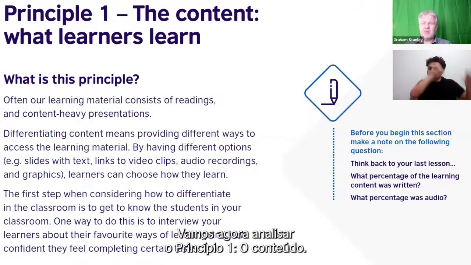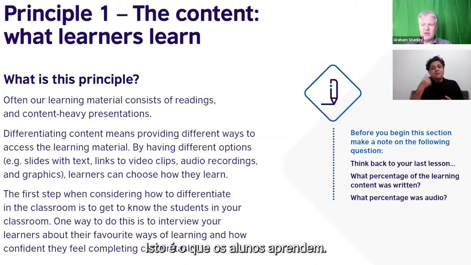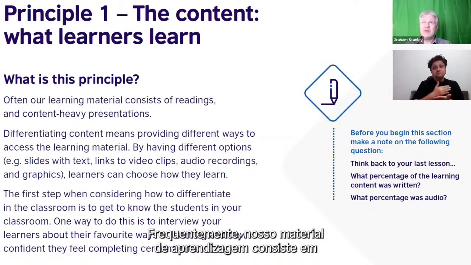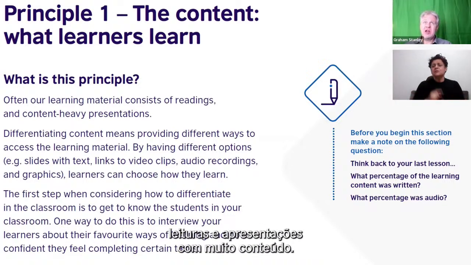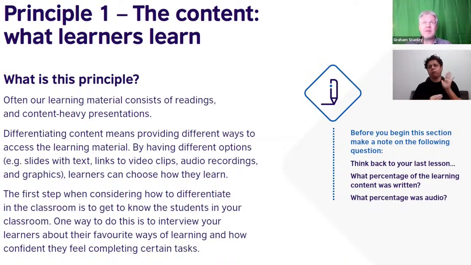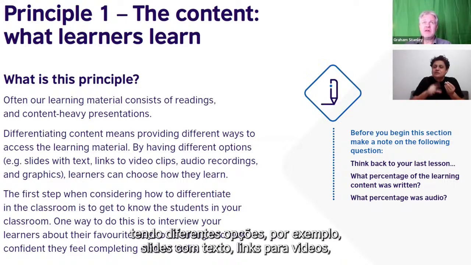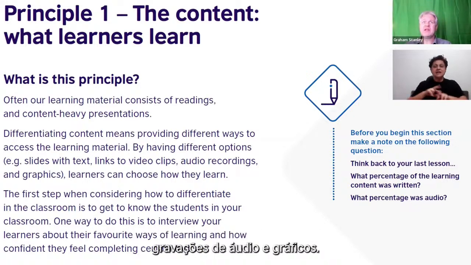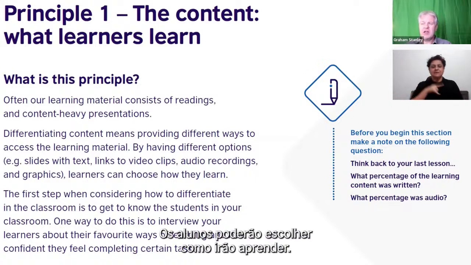So let's look at principle 1, the content. This is what the learners learn. What is this principle? So often our learning material consists of reading and content-heavy presentations. Differentiating content means providing different ways to access the learning material. By having different options, for example, slides with text, links to video clips, audio recordings, and graphics, learners can choose